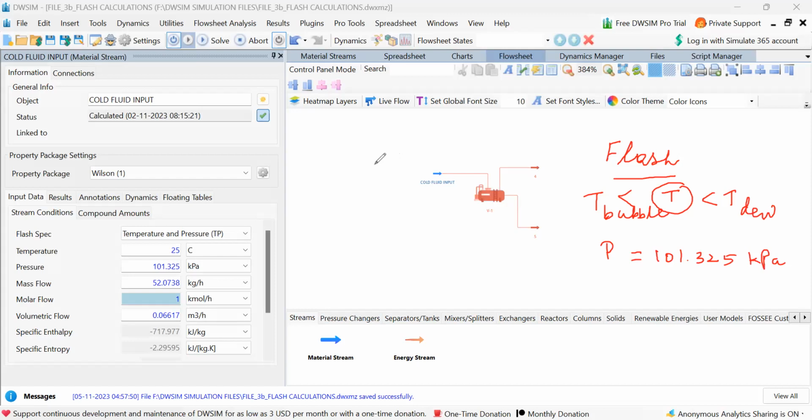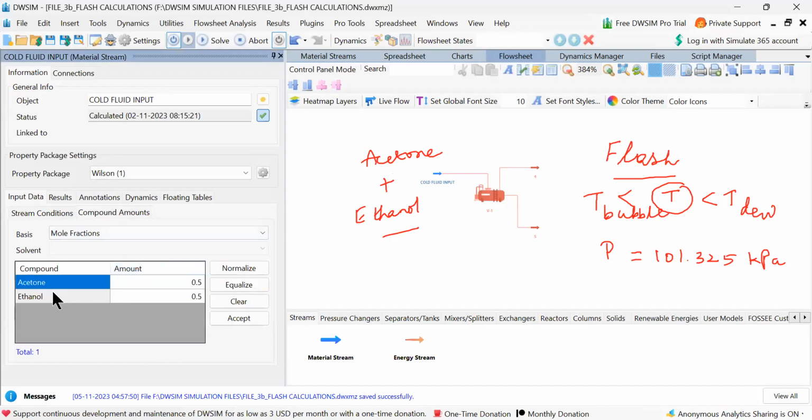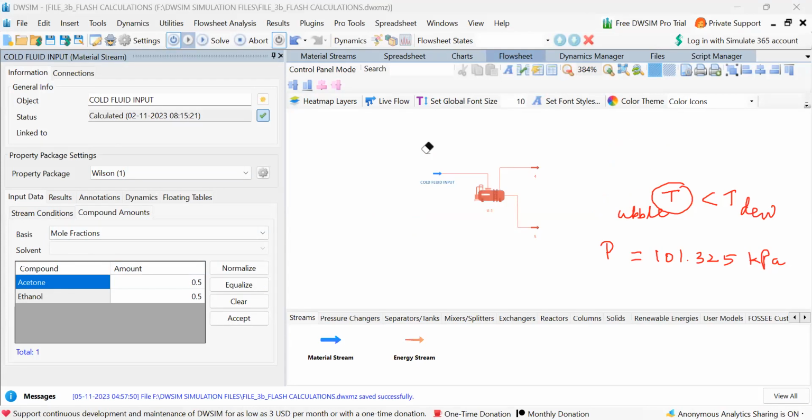Now the system here is acetone plus ethanol. This is what we are working on. So let me again confirm here. This is acetone and ethanol, you can see here. So this is what we are able to understand here. So, acetone and ethanol. Okay, so let me rub all this. So we have to work today on how to calculate the flash